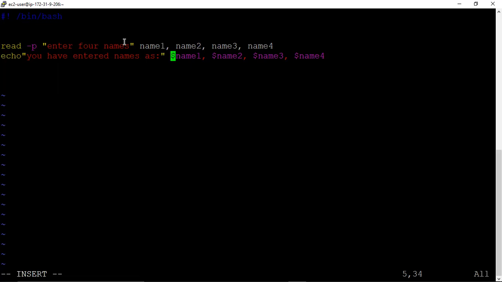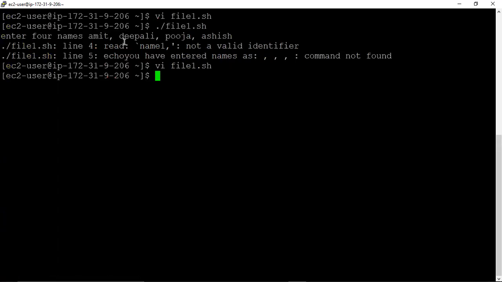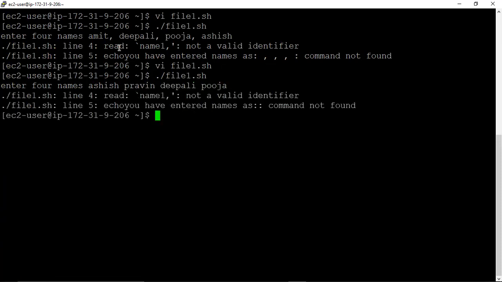Let us run again. Escape W2. Okay. Say Ashish, Praveen, Deepali, and Pooja. Read name not of valid identifier.